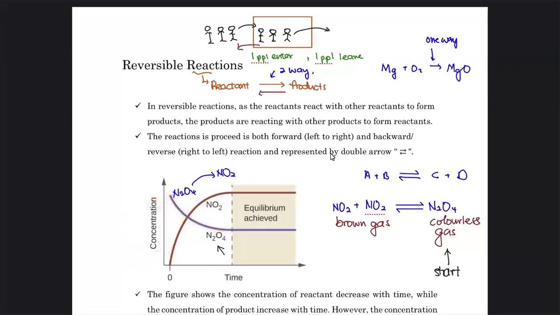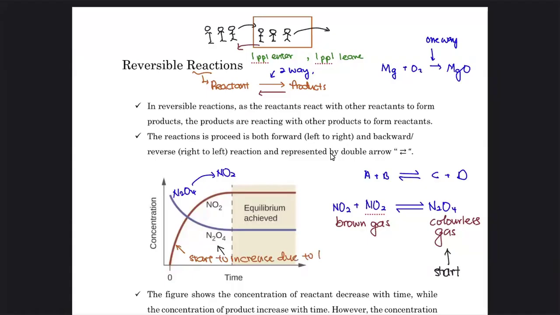All right. And the NO₂ over here, the concentration starts to increase because the NO₂ is being formed. So you will see here it starts to increase